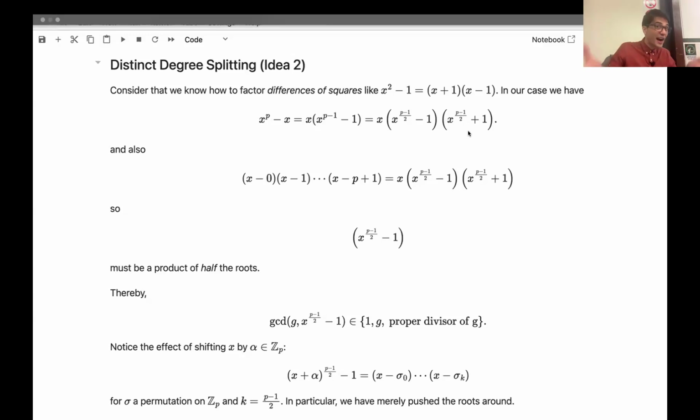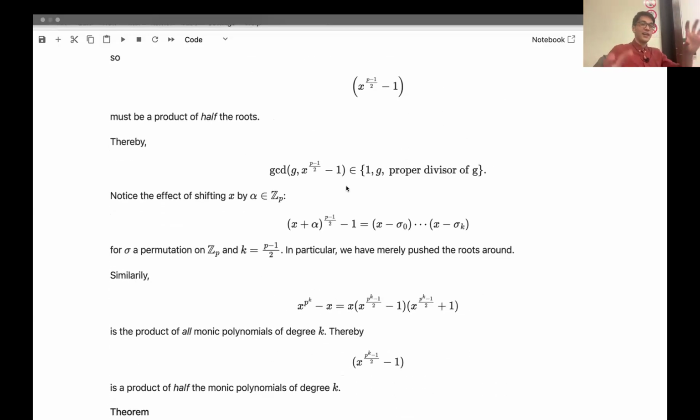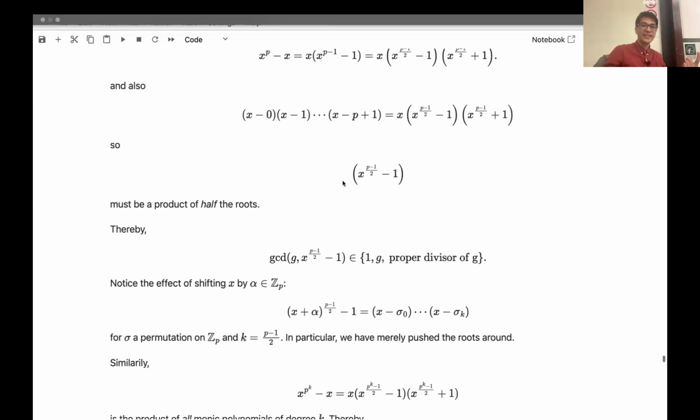So I don't need to find the product of half the linear factors. I don't have to actually form it. I just know what the form is a priori. So then again, I now have my product of linear terms that I'm trying to split. I give it to the GCD algorithm with this, and I hope to get lucky. I hope to not generate the unit or g. I hope to generate a proper divisor. If I don't get lucky,